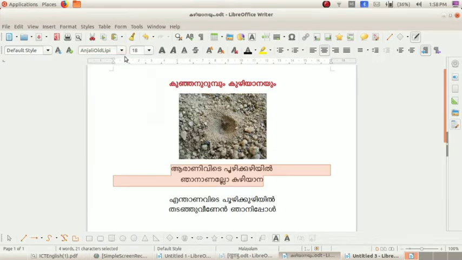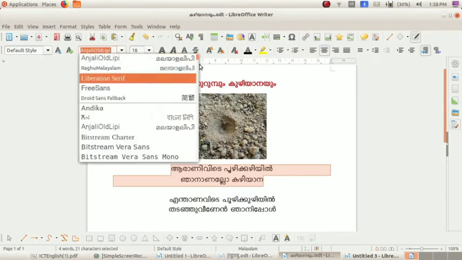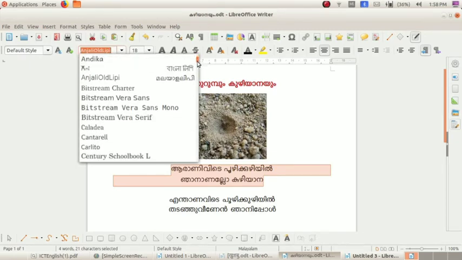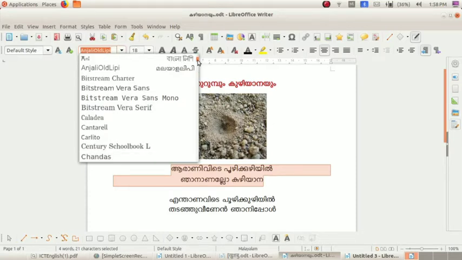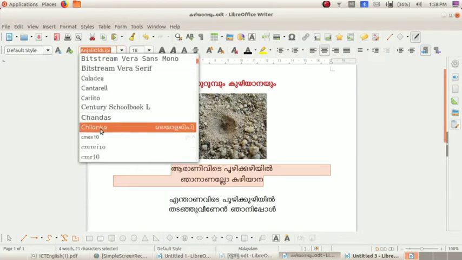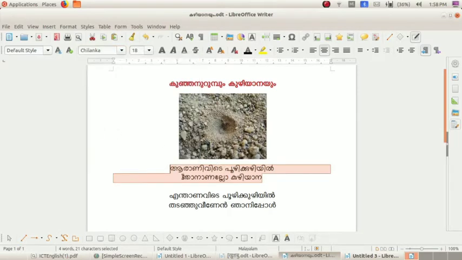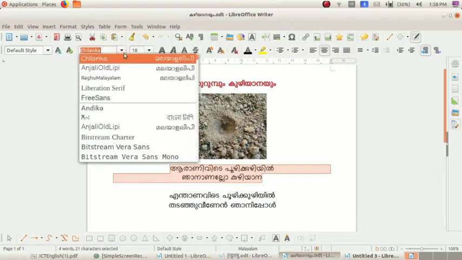Okay, then let us search for another Malayalam Lipi. You want to write this. Okay, Anjali Old Lipi, Raghu Malayalam, then Chilanga. See, okay, this is the font for Chilanga.